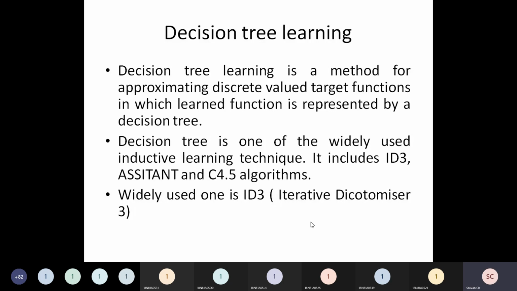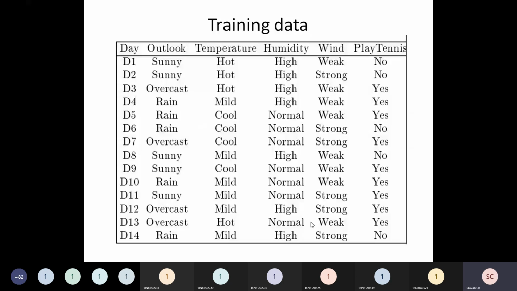As the name itself suggests, in this problem we will be constructing a decision tree, and by looking at the tree, for a given new test data, we should be able to predict, right, what is the possible outcome? So friends, quickly we will look at our training data. This is the problem on which we are going to work.